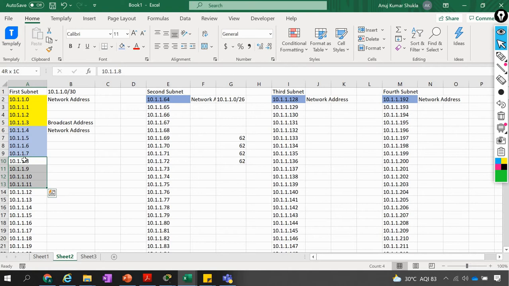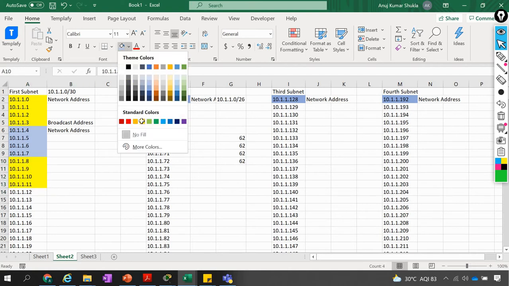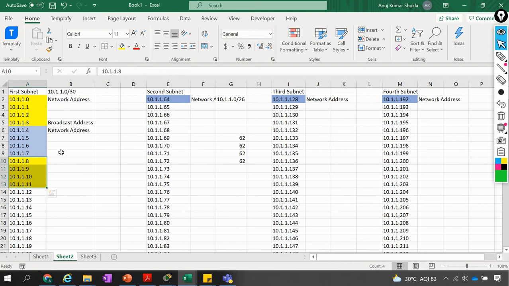Same thing again. I can put another color or just yellow. Why change? It will just be a different network. And this will be the broadcast address, network, and this is the broadcast. It means that we are having just one network on this one, right? One network of that one. We are having a total of 4 IP addresses. Only two are usable. The first and last are reserved for the network and broadcast.